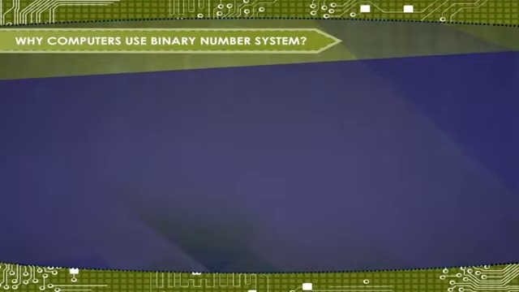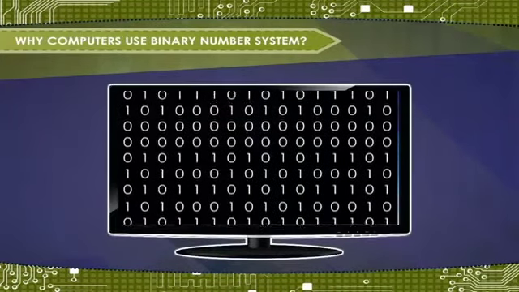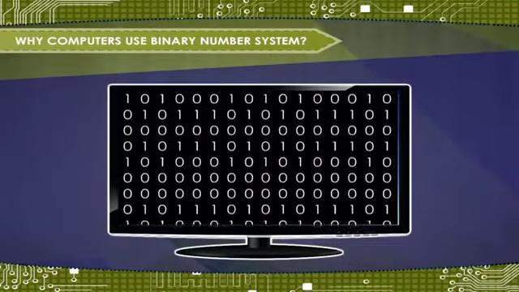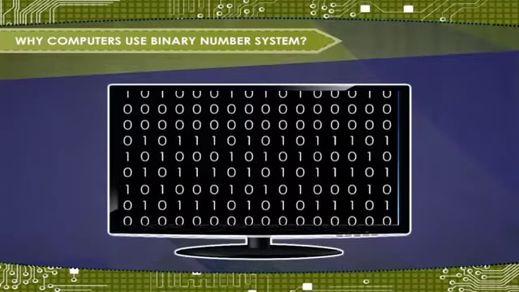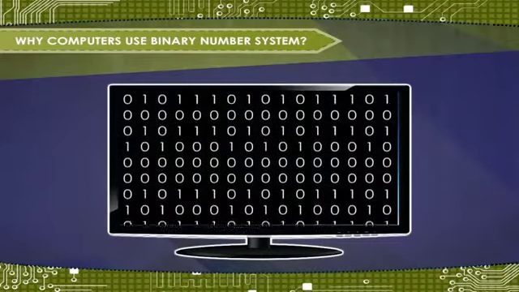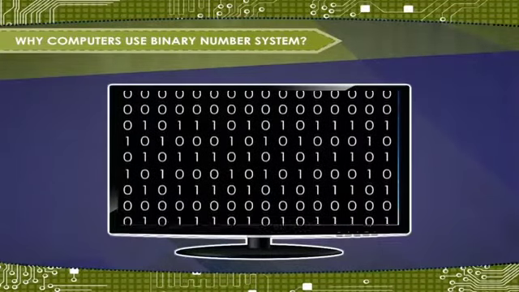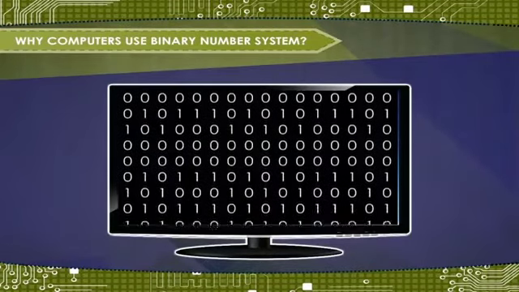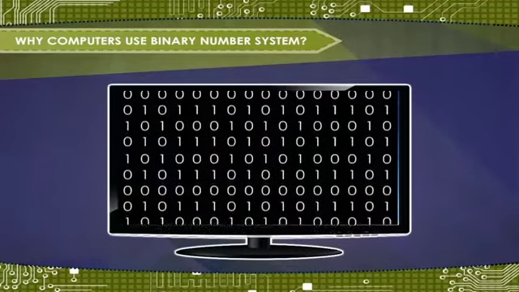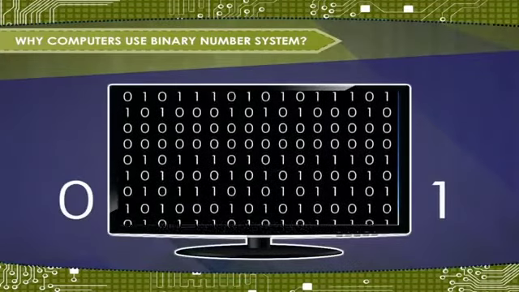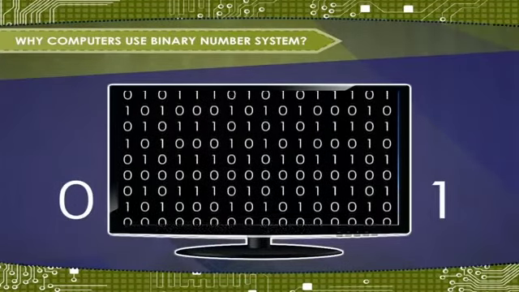Why do computers use the binary number system? A computer needs to convert the instruction-giving languages to the binary number system. Binary is used because a computer can understand only two states, that is, presence and absence of the electrical pulse. A binary digit is called a bit. There are two possible states in a bit, expressed as 0 and 1. And these are the two numbers used in the binary number system.